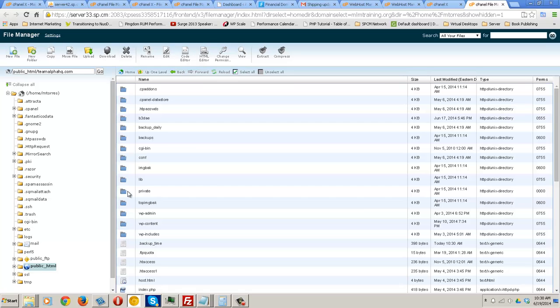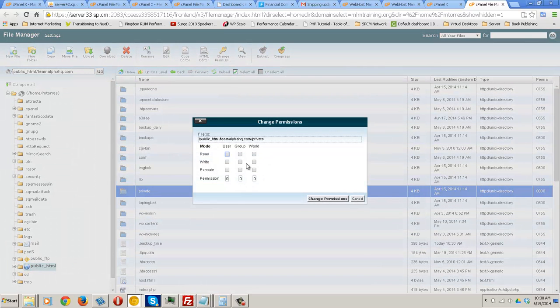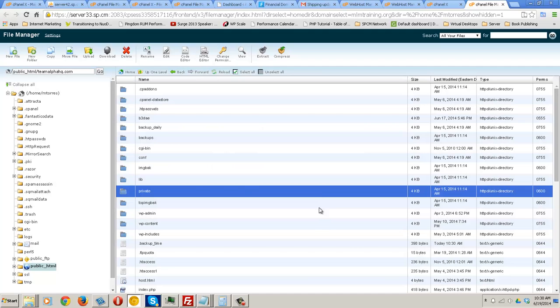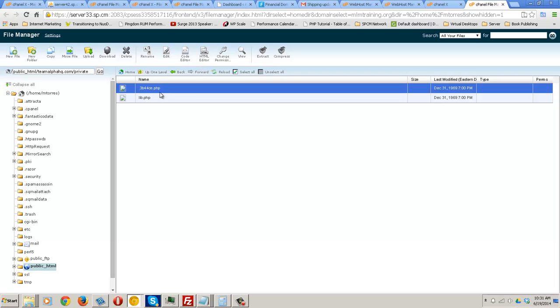But as soon as I switch it back to regular permissions, I'm not even going to do 644, I'm just going to do 600. As soon as I do that, and then I go in the folder, it finds the files. And just so you can see what those look like,